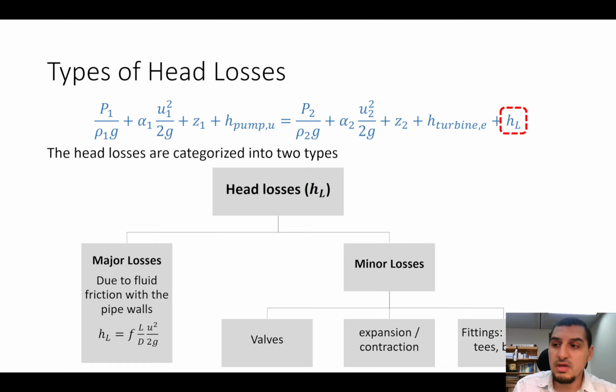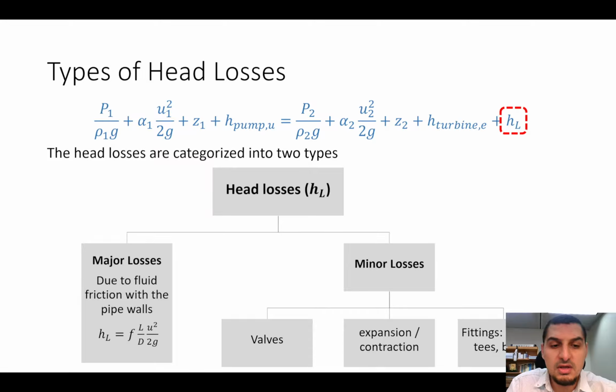It has to do with the pipe itself, whether there are any connections like valves, like expansions and contractions. So these are sources that have nothing to do with the flow in the regular pipe. It's something that's added to the pipe that leads to more losses than the regular losses that happen due to